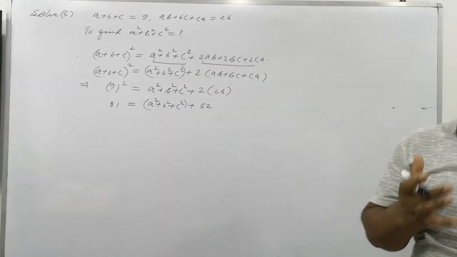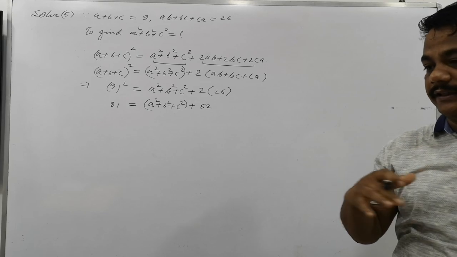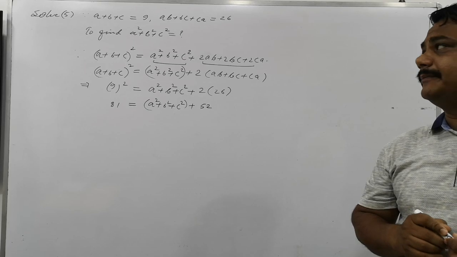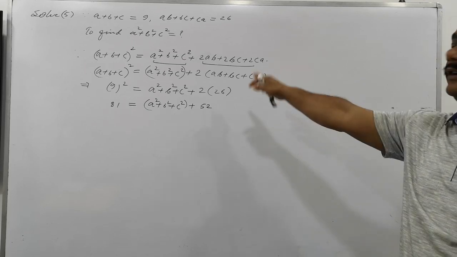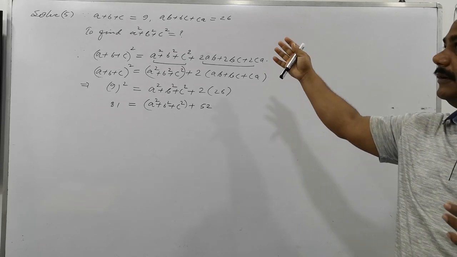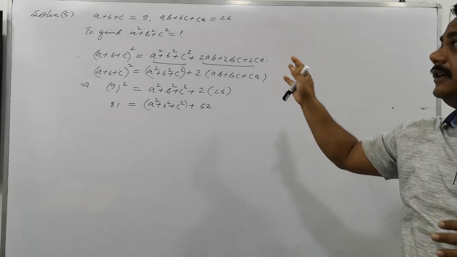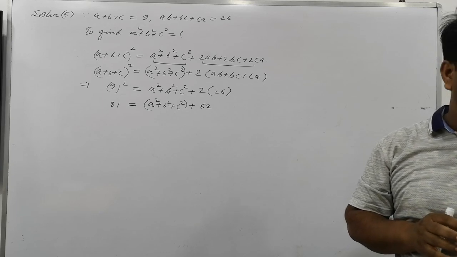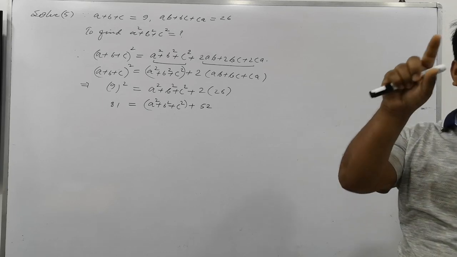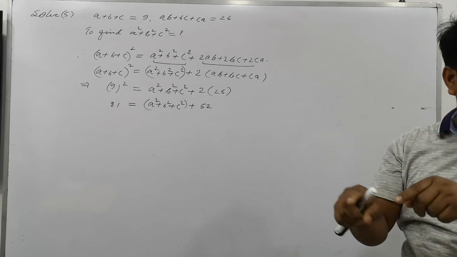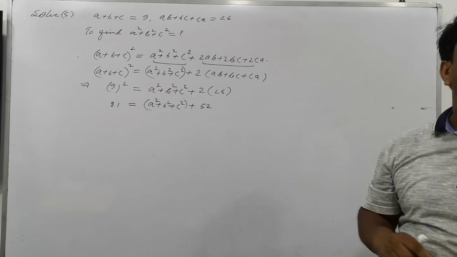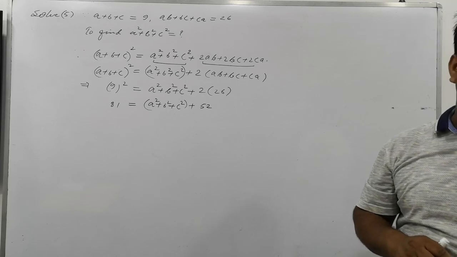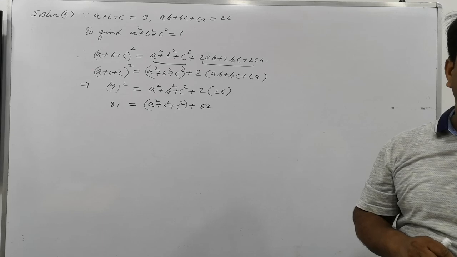Now, the thinking process: how do I think you have to solve this? How do I think the question is to be solved this way? One can think the same way. In the thinking process, you note what quantities are given and what values are given, all the things you have to know, and you have to think of the associated identity. Is there any identity or ready-made result? As I told you, in mathematics you see the pattern. Is there any pattern that matches? If the pattern means an identity, a formula is what? Identity and formula are ready-made concepts, and the ready-made ones are to be used in the question.